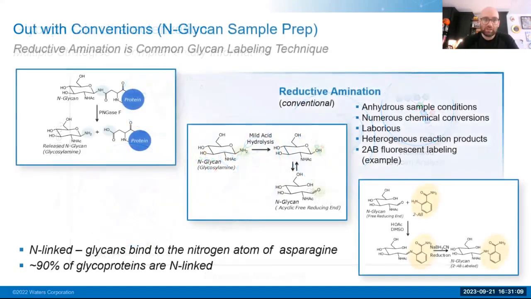But for released glycan analysis, a variety of conventions have been leveraged, specifically reductive amination. It's very laborious. It's a tried and true method, but it takes a long time, and it is minimal in terms of its ability to be leveraged on mass spectrometry or other different assays. And what we wanted to look at was how we can take this technique and minimize a lot of the labor and time that goes into the released glycan method